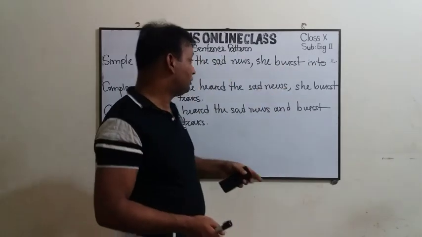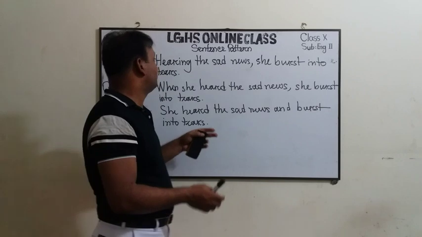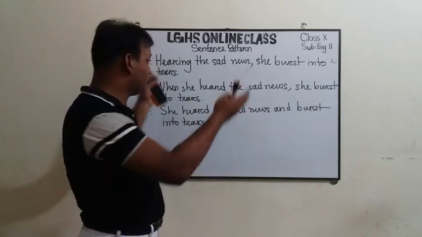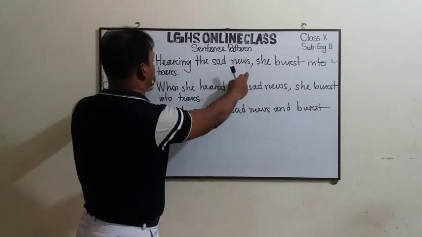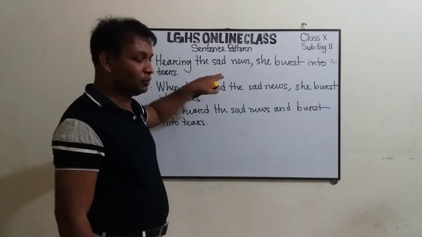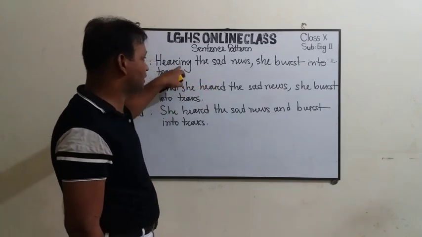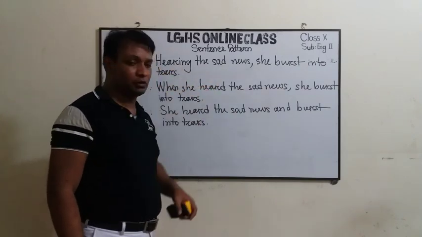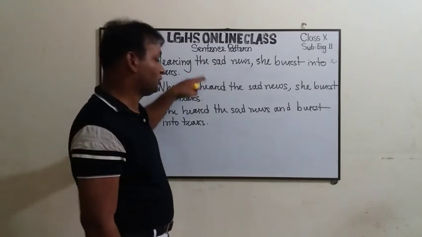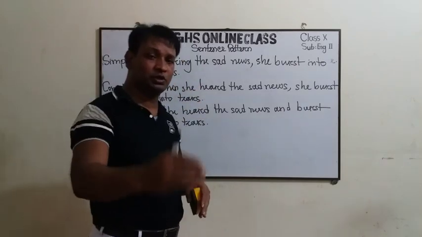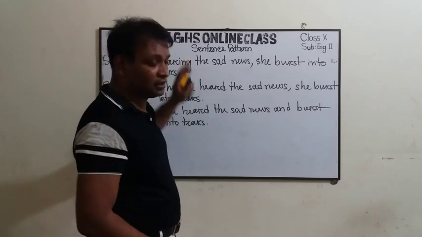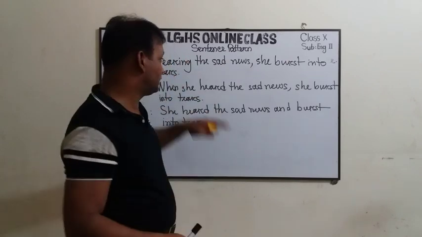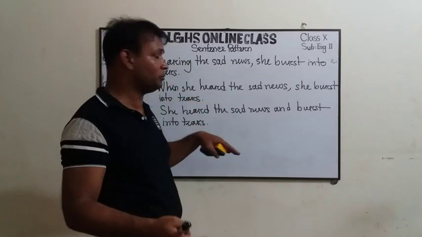So, here the preceding action to hear the sad news has become a participle phrase in simple sentence. Here we have used present participle. We can also use perfect participle. Present participle is verb with ing, functions like an adjective, and perfect participle is having plus verb past participle form,